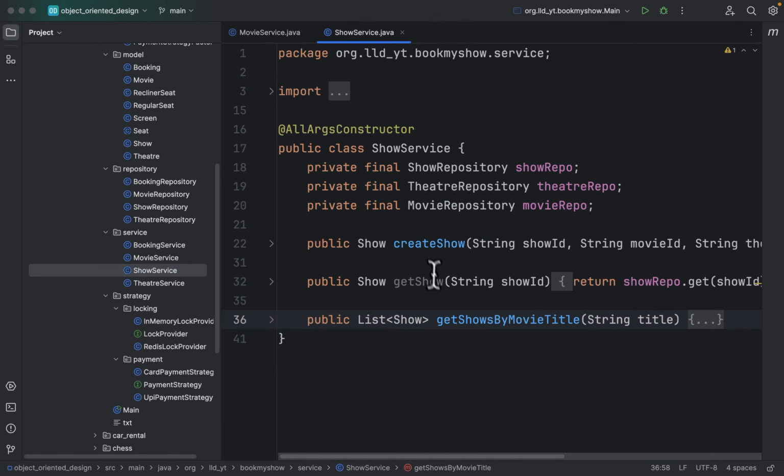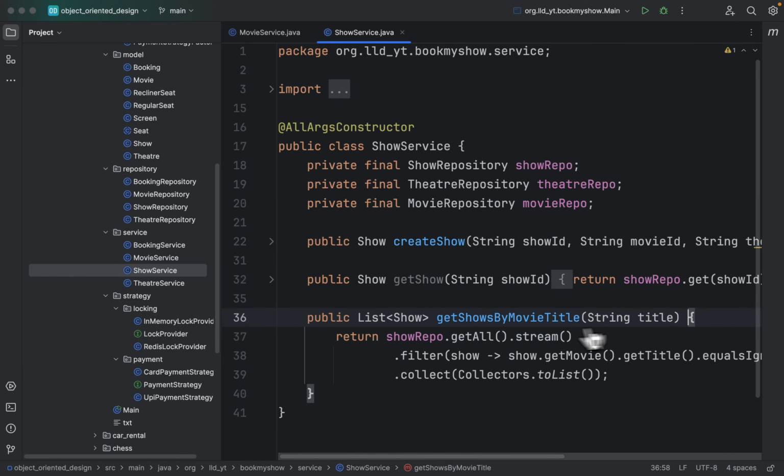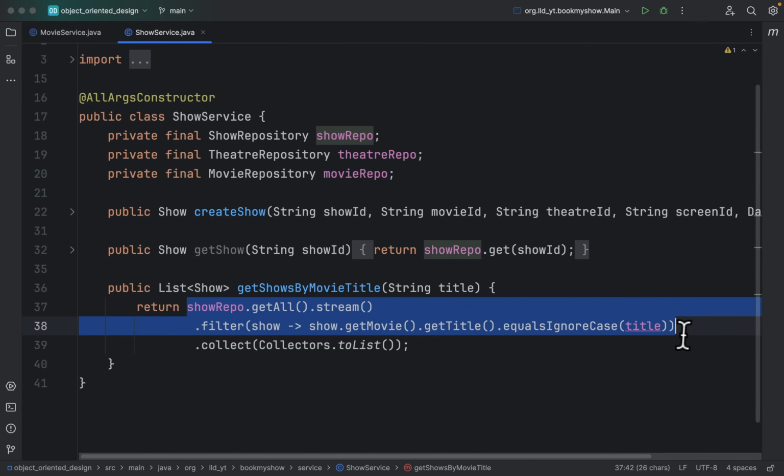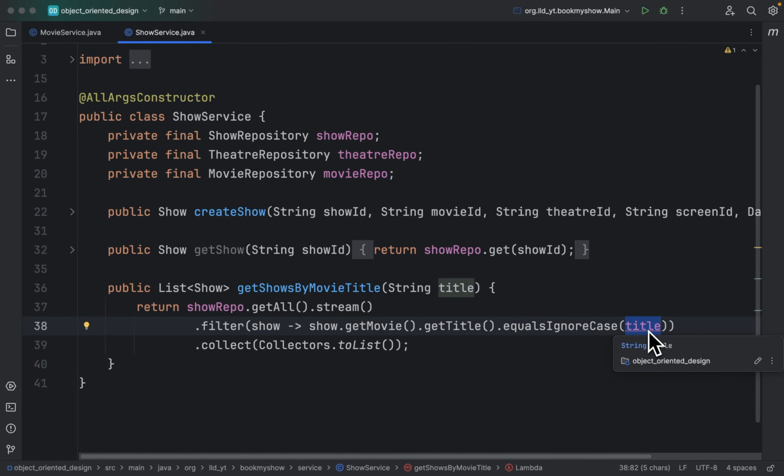Now in the show service, apart from the create show and the get show, we also have this get shows by movie title. So over here, you'll just iterate through all the shows present in the show database, and you'll filter those shows which have this particular title, right? And finally, we'll convert that into a list. So by the way, this is a stream, so we have to convert that into some data structure, right? That's the reason why I've converted that to a list, and I'm returning this list of shows to the end user once the end user types a specific name of the movie. Okay. So this is the service layer